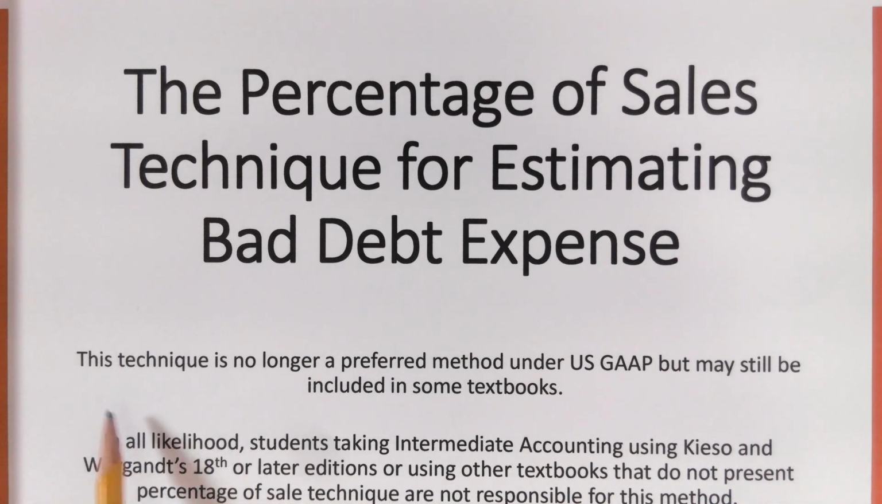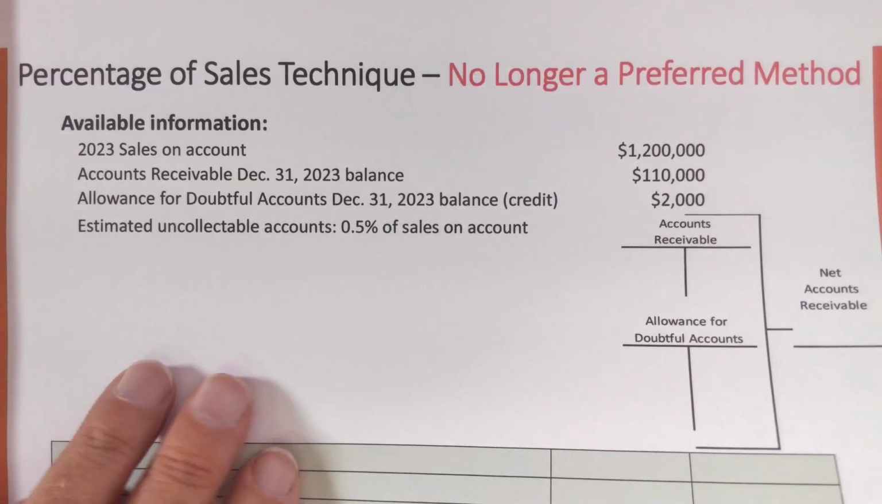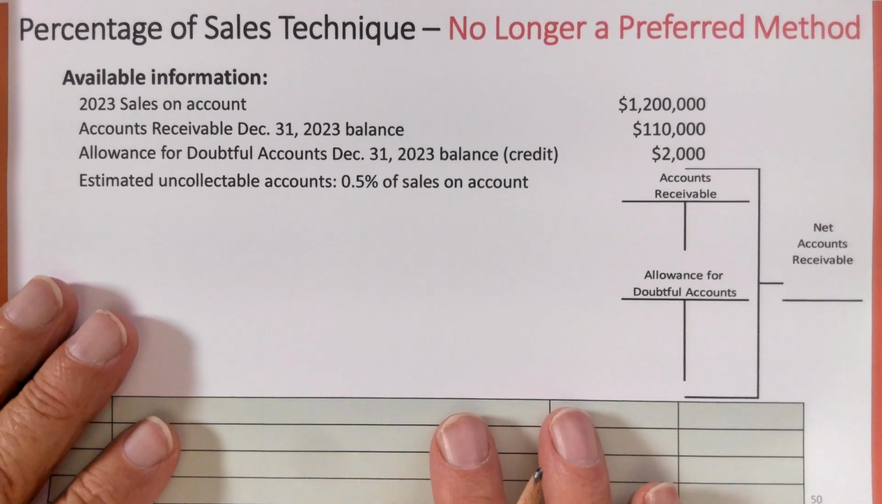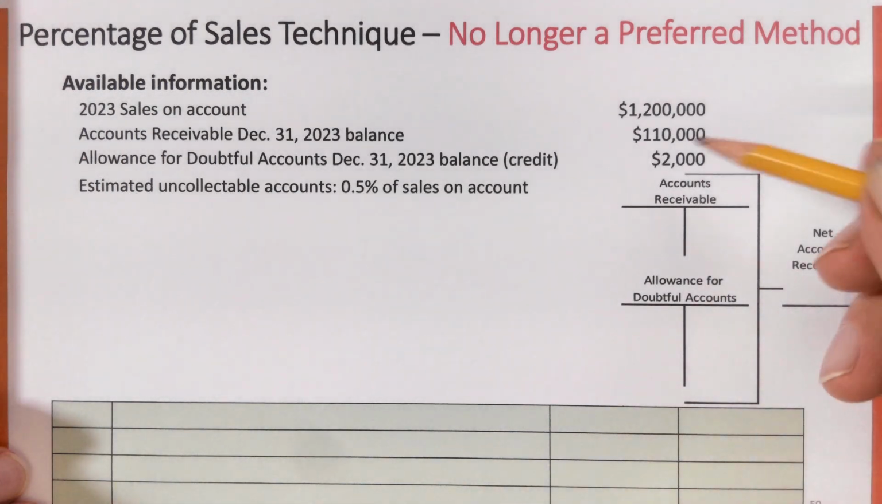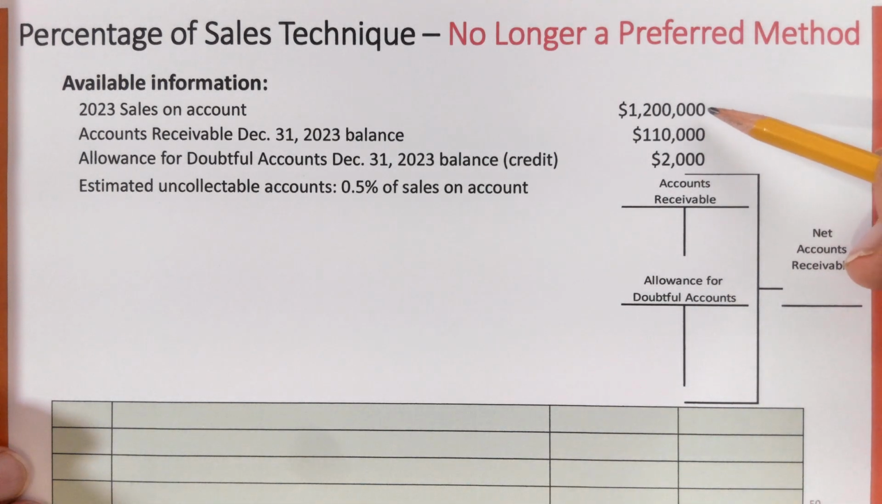And remember, this technique is no longer preferred under U.S. GAAP, but may still be included in some textbooks. So just for those of you who might still be seeing this, let's go ahead and take a quick look. It'll only take a couple of minutes. It's actually an easier technique to master than the percentage of accounts receivable. So let's get right to it. So here's the situation again. It's the same example that we've been dealing with all along. Here you've got the